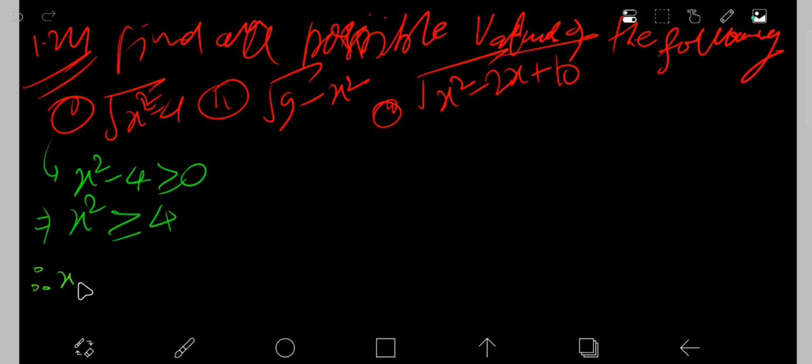Therefore also here we write x square belongs to the closed interval 4 to infinity. This is our answer, because here clearly we know what we get, but in the solution all possible values. Now when we take 0, then this is a negative number. This will also contain minus. Now we can also take minus 4. Just you think about this.